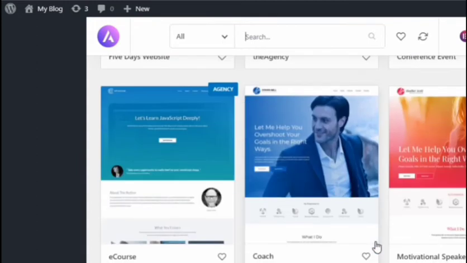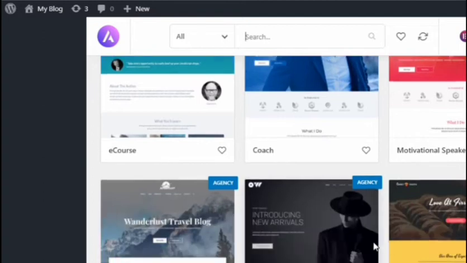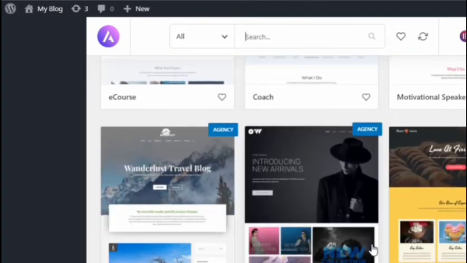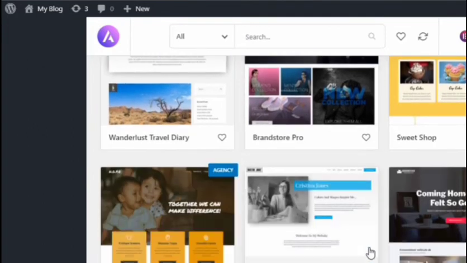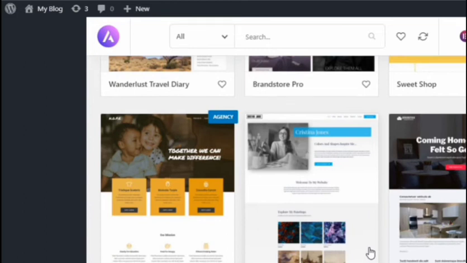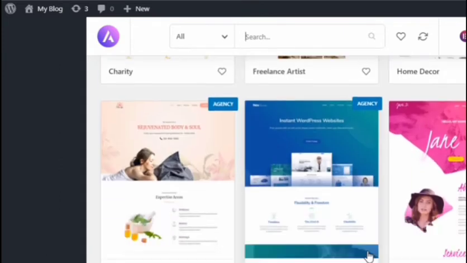So make sure you choose niche related templates. There are many free themes available with Elementor which are really professional and look really nice. The website templates are really good. So choose anyone according to your niche.